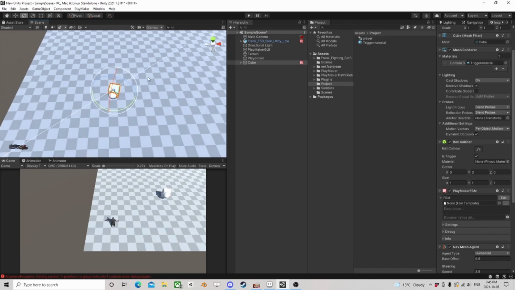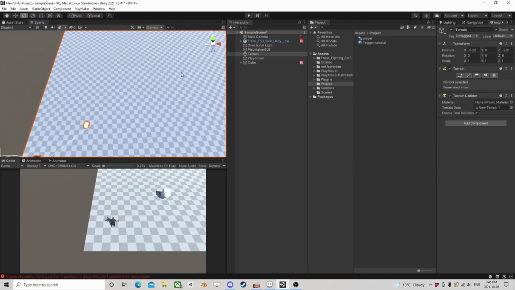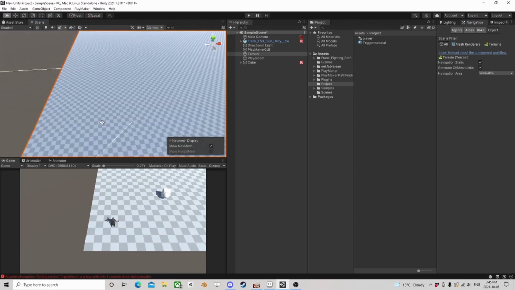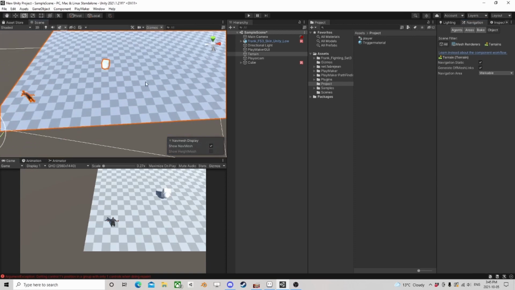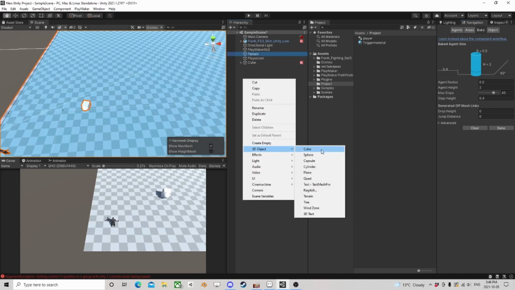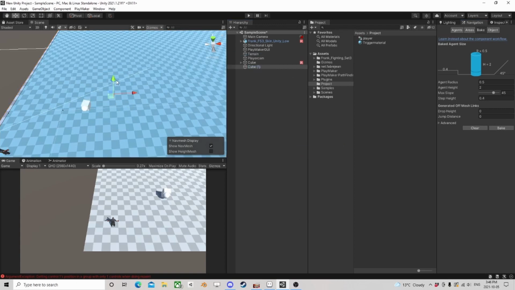But in order for it to do something, we need navigation baked. I made a massive terrain. It's probably excessive, but hey, whatever. Go big or go home, right? So I'm just going to bake it. And it's going to bake everything that's static. Alright, so now we have this blue thing, right? And just to make sure that's very, very clear for anybody,